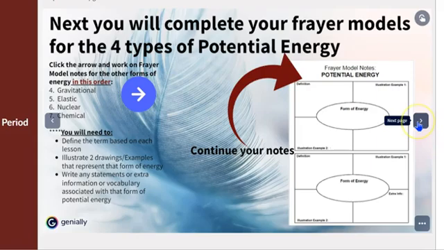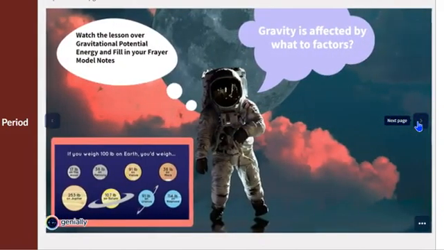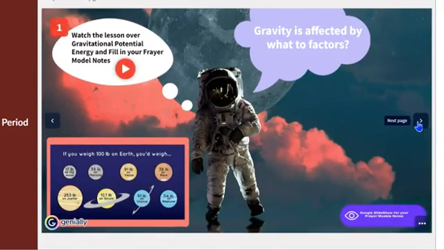So let's talk about the first form of energy that we're going to cover. The first form is gravitational potential energy. You will find the video that you're listening to right here. So as you go through the Genially, always look for the play button for one of your teacher's lessons. And any questions we have over here should spark your interest, and that is what you should be learning about